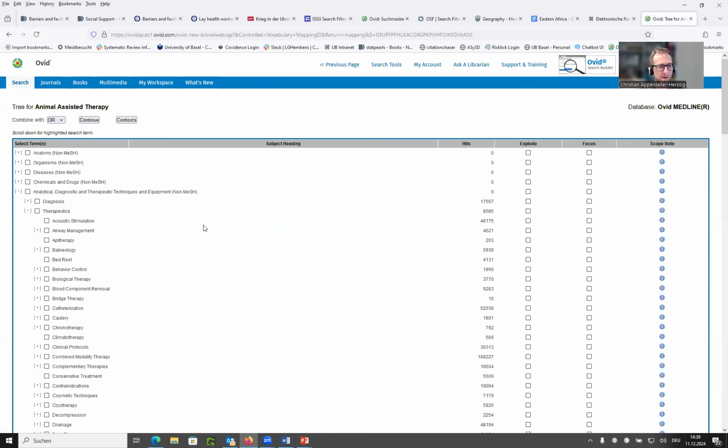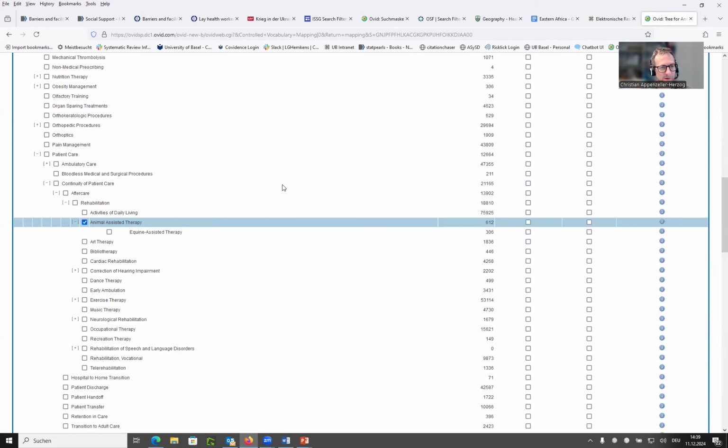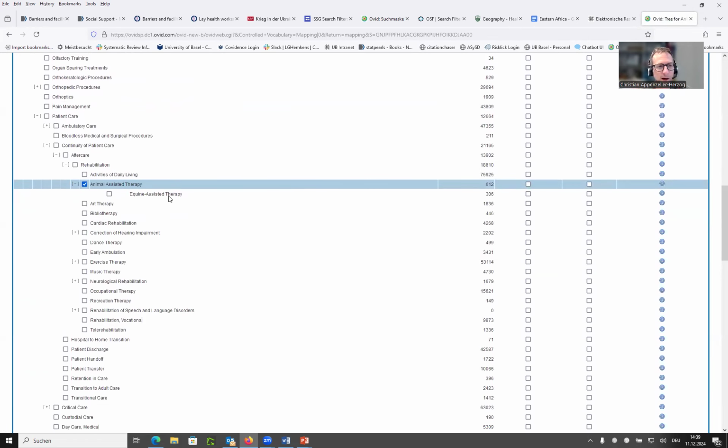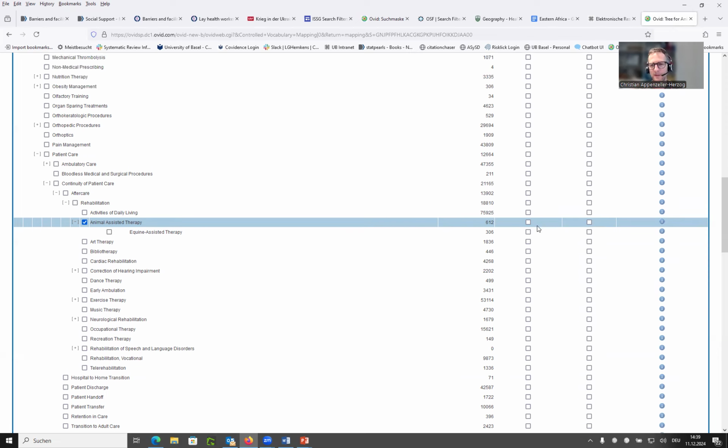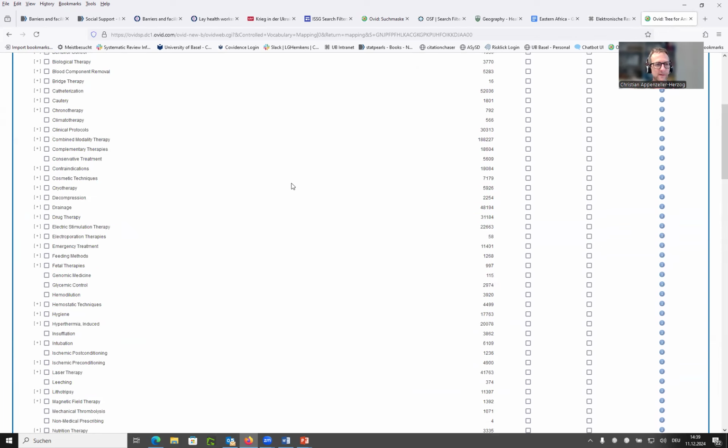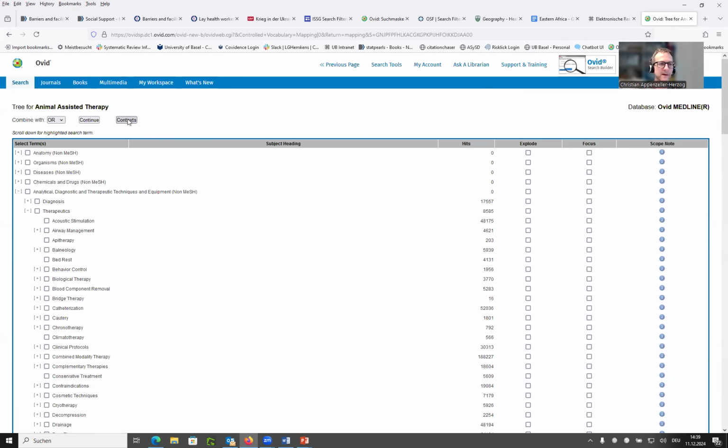If I look at the structure of the MeSH thesaurus, I see that equine-assisted therapy, or some people call this hippotherapy, is actually a lower hierarchy term. So there is a single lower hierarchy term. And if I want to explode that, so include the,